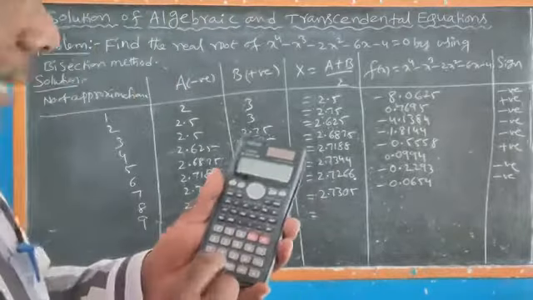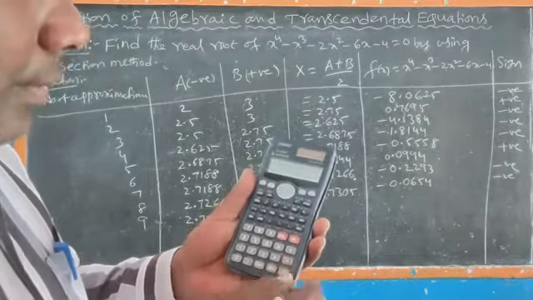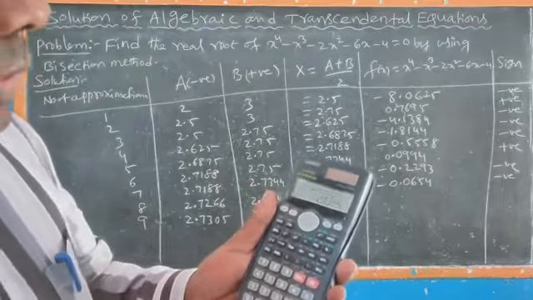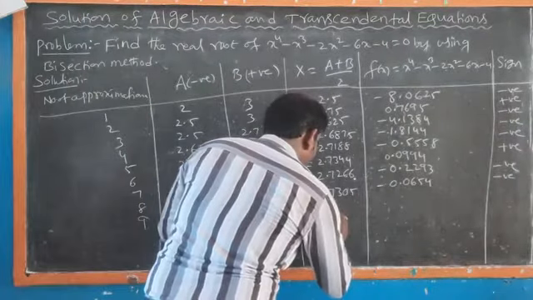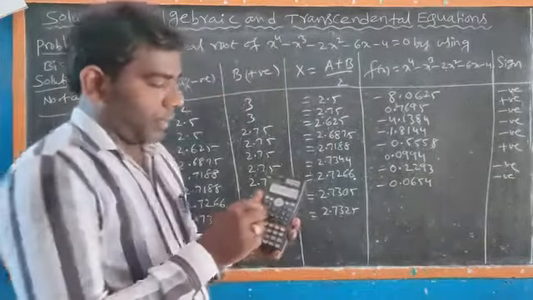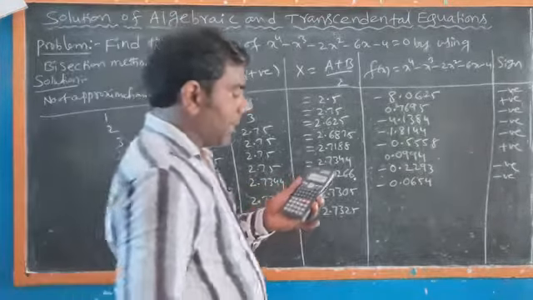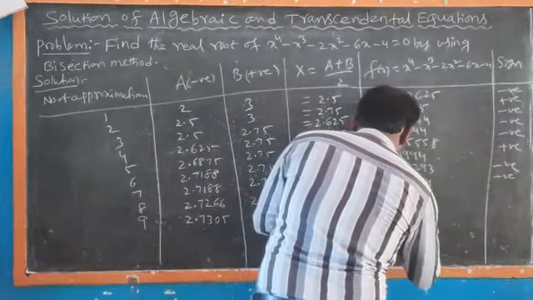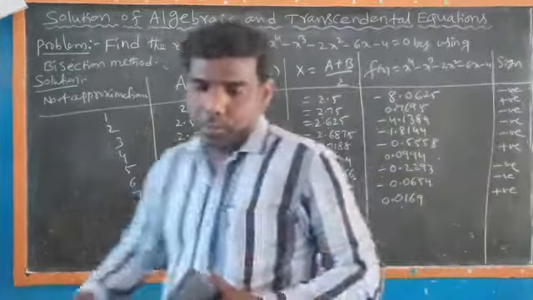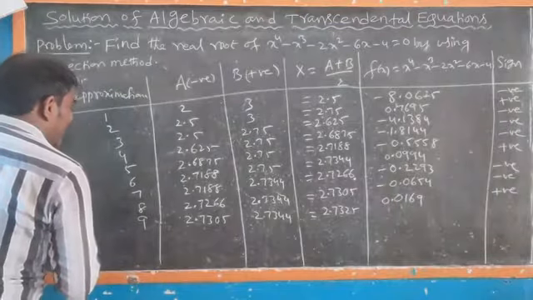Calculate what is a: 2.7305, b value 2.7344, so that equals 2.7325. Next we get the equation, then put x equal to 2.7325. Then what is f of x? 0.0169. This is a positive value. Now the 10th approximation is